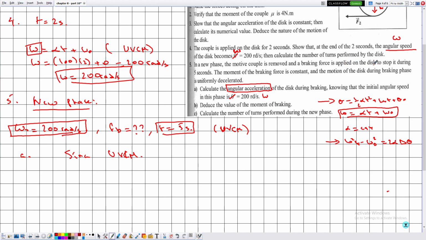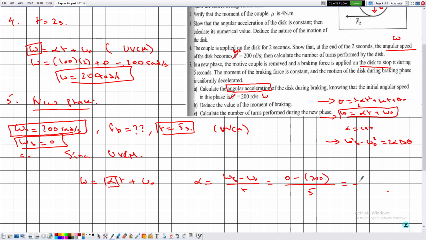Since the disk stops, the final angular speed is 0. So let's use the second equation: omega is equal to alpha t plus omega 0. Rearranging, alpha is omega final minus omega initial, divided by time: 0 minus 200 divided by 5,